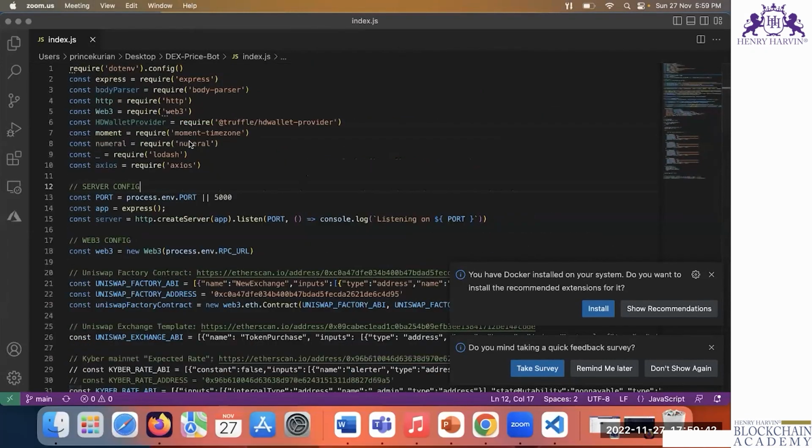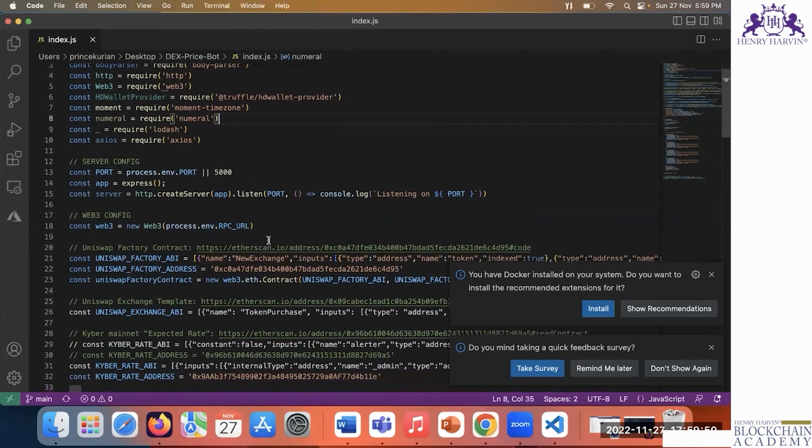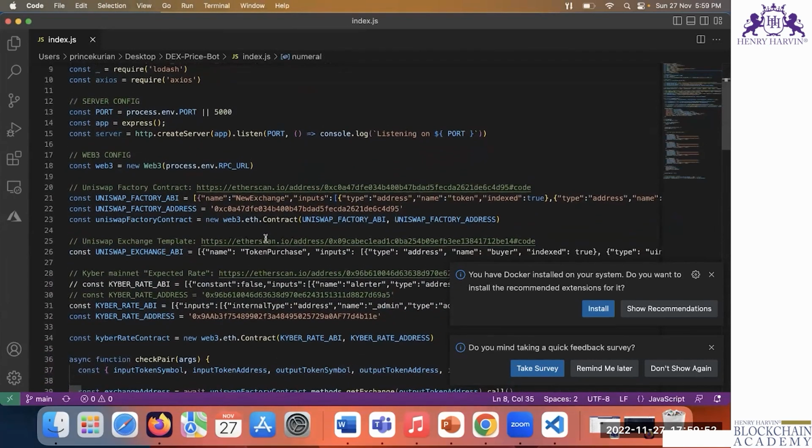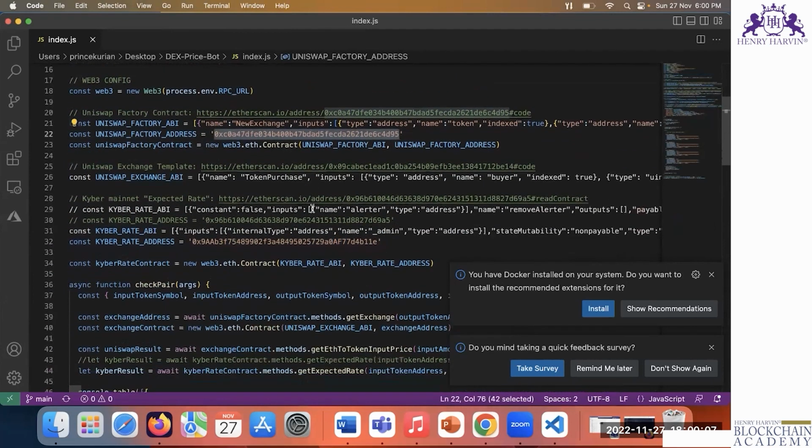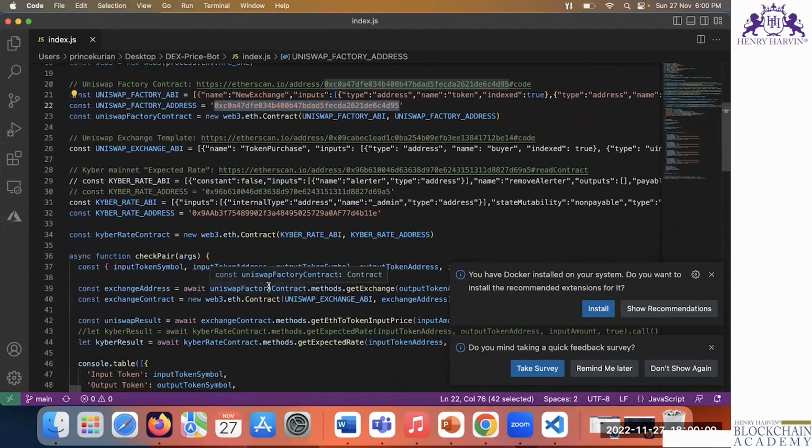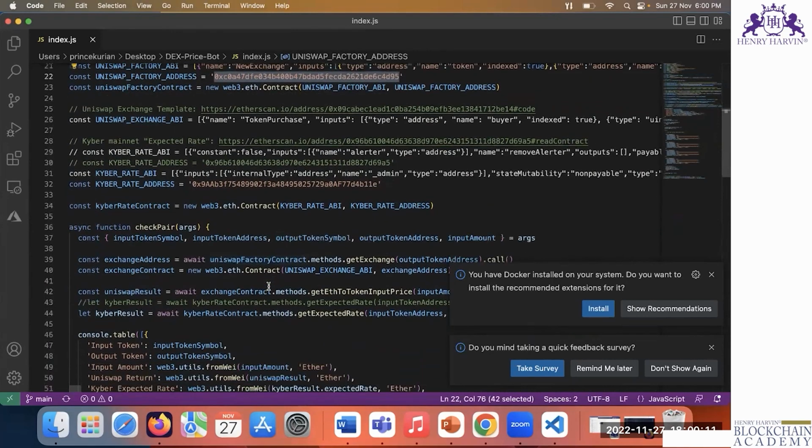First of all, we need to find the price difference, then only you can do these things. Any price difference between the exchanges. So here, we have used different exchanges. Uniswap is one exchange I have used, and Kyber. These are the two decentralized exchanges I have used. So the Uniswap exchange is a smart contract. This is the address of Kyber. This is the exchange of Uniswap, and you need to read the price difference.